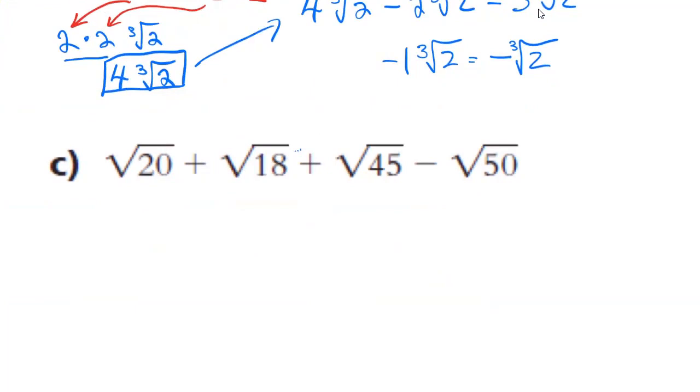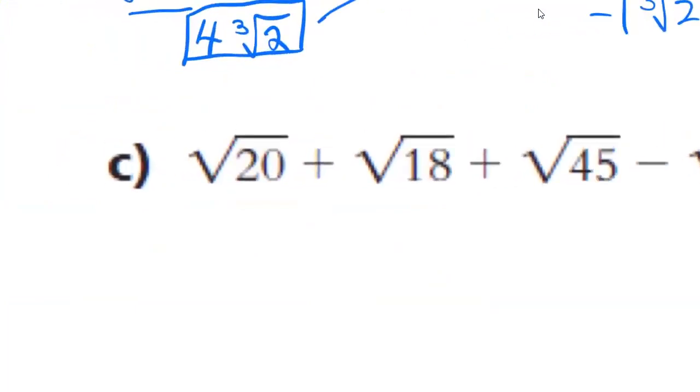Again, if we have the same radicand and same index, we can do these additions and subtractions. If we don't, we can't, right? So we can see that these are all square roots. If we can simplify these to all have the same radicand, we're going to be able to add or subtract these together. In this case, add, and then subtract. So again, going through whatever process you're going through to simplify,